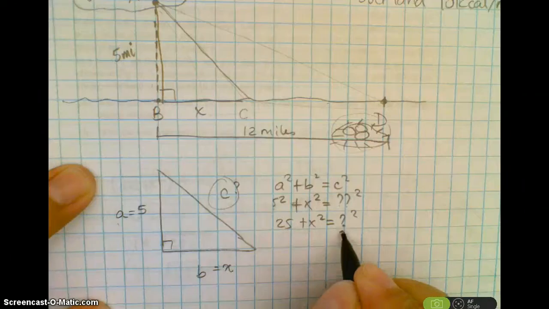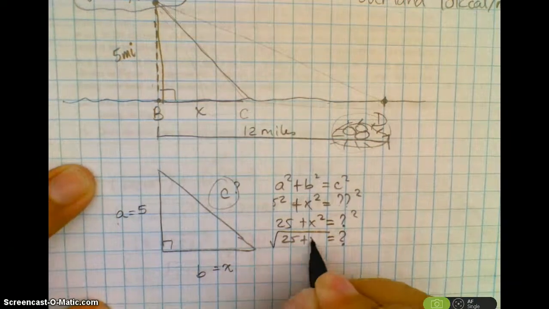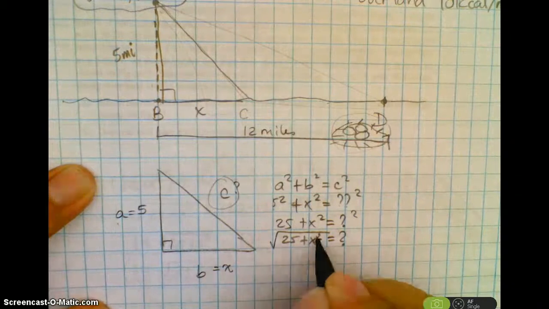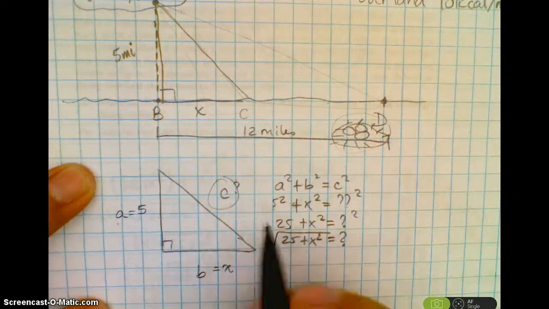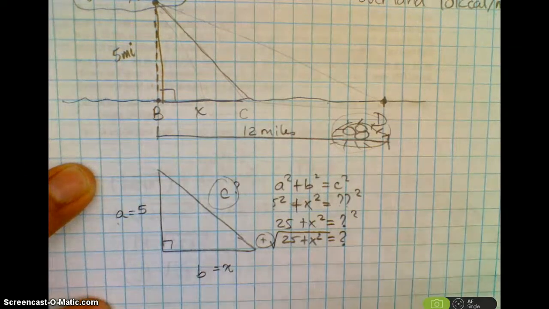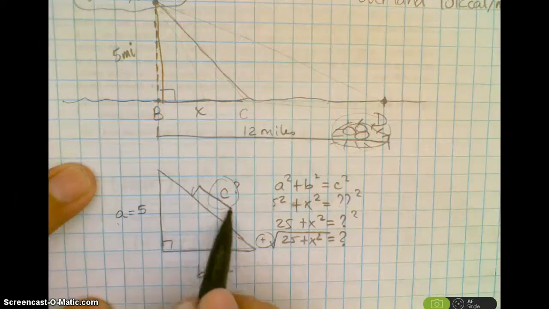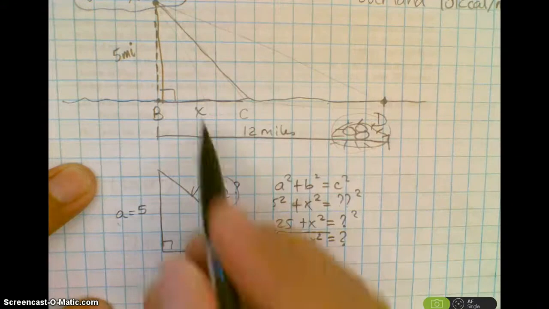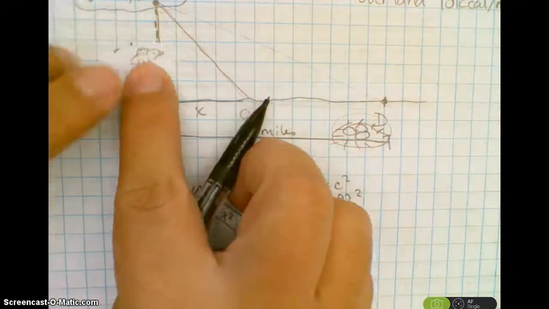And then it turns out that the unknown is the square root of 25 plus X squared. I'm taking the positive because I'm talking about distances, so the distance has to be a positive answer. That's why I'm taking the positive solution here and not the negative one. Now, why am I doing this? Because I want to have an expression that depends on X for this distance, because the bird, and here it is,